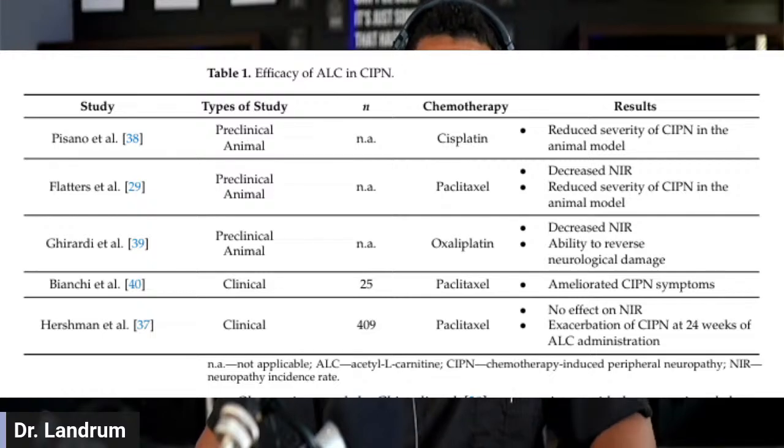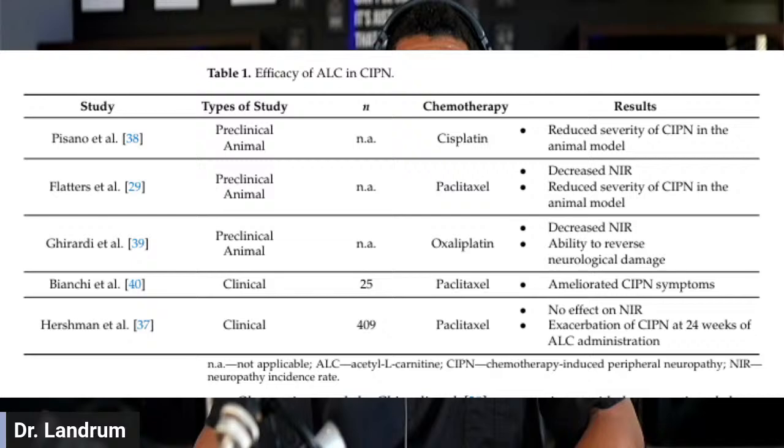Then we look at acetyl-L-carnitine, which is a nutritional supplement that can be used to see if it can improve some things. And for things like chemotherapy-induced peripheral neuropathy, it can reduce the severity. And so that's something of use for us to see in these multiple different trials. Now, were the numbers exceedingly high? This one had 409, but some of the rest were not documented in terms of the numbers.